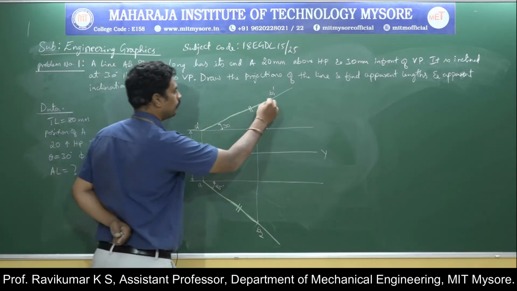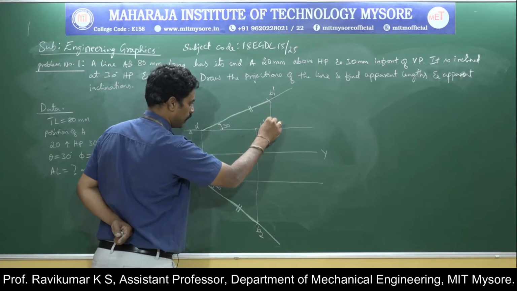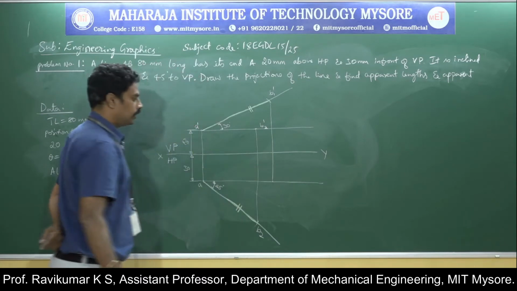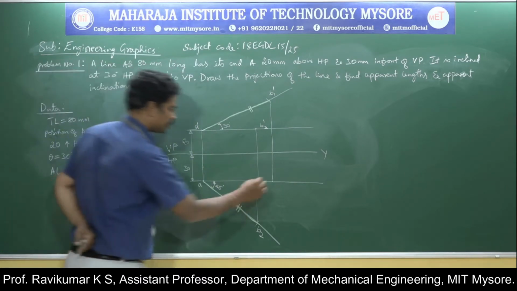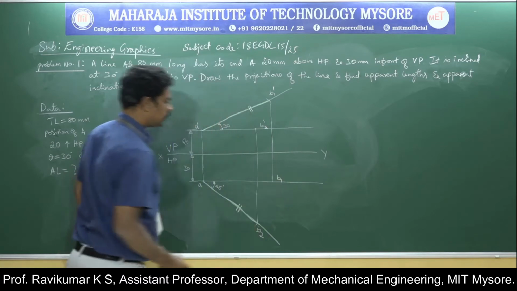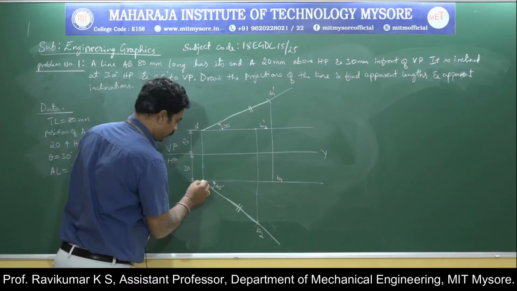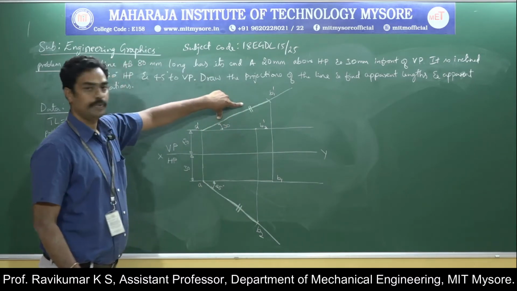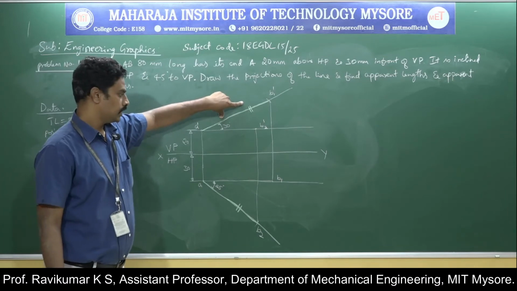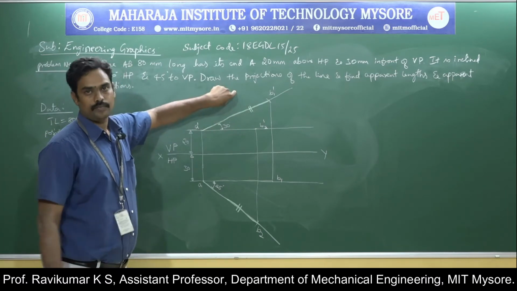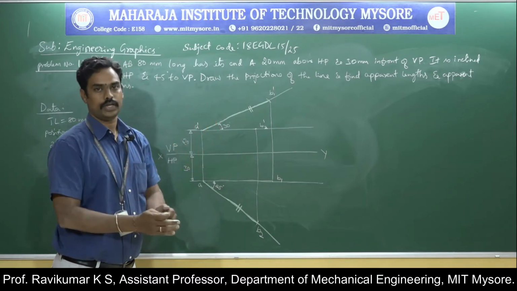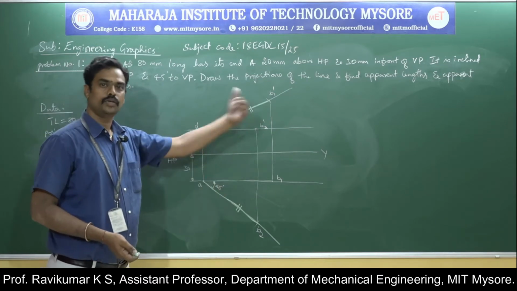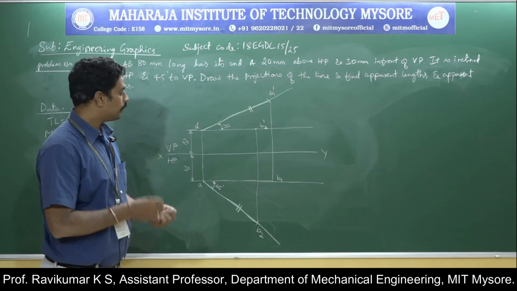Now, if you just drop a perpendicular from B1 dash up to the locus of point A in the top view, you will get this point. This point is B1. So if you just observe A B1 and A dash B1 dash, this is one of the cases. Okay, this is what we end up with combining the 4th case and 5th case. So from this we need to get the apparent length. So how to get the apparent length?